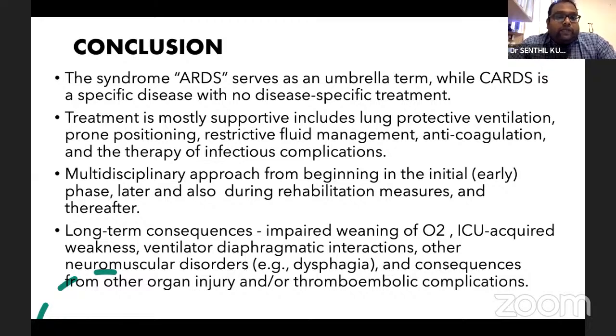A multidisciplinary approach is much more helpful right from the initial phase, during the rehabilitative measures, and thereafter. Long-term consequences include impaired weaning of oxygen therapy, ICU acquired weakness, ventilatory damage, diaphragmatic dysfunction, and other neuromuscular disorders, or the consequences of other organ injuries and thromboembolic complications. These are all the long-term consequences, adding more and more mortality